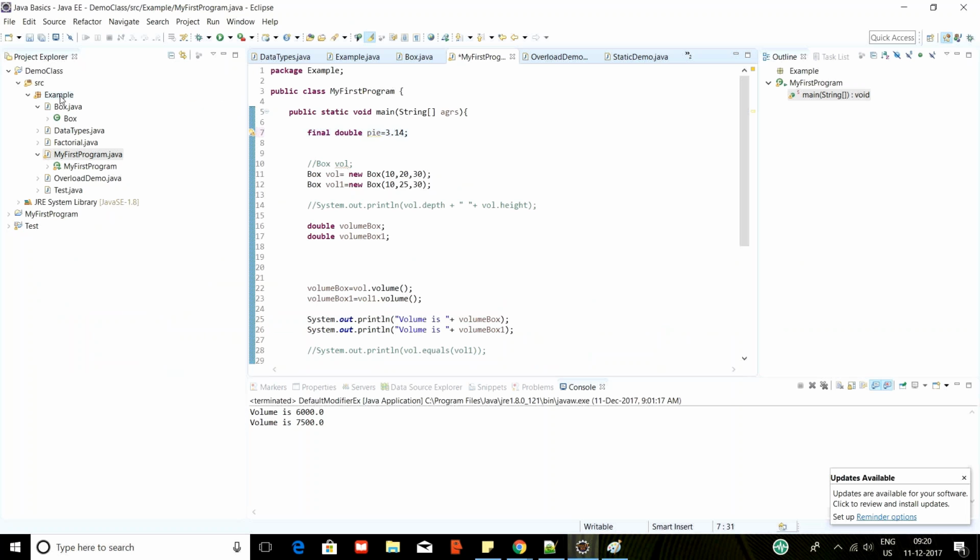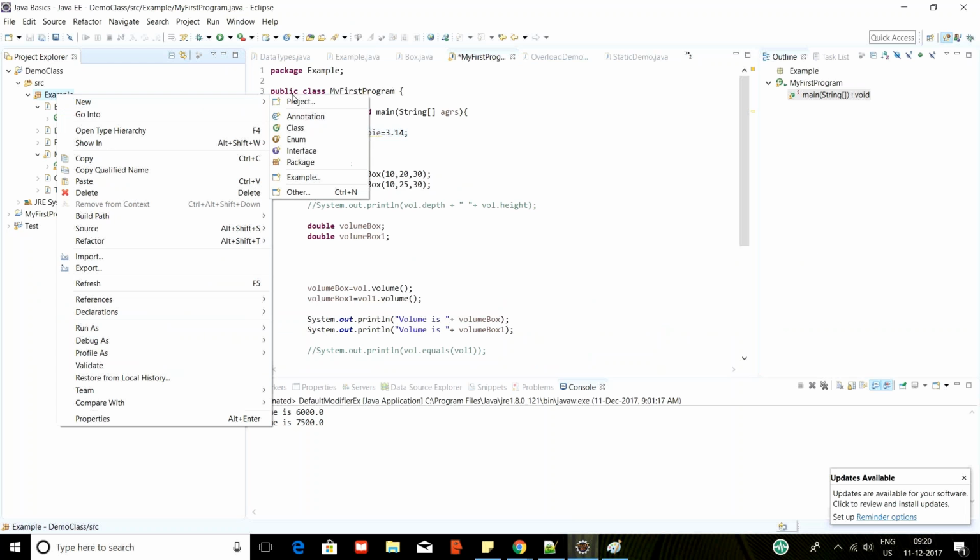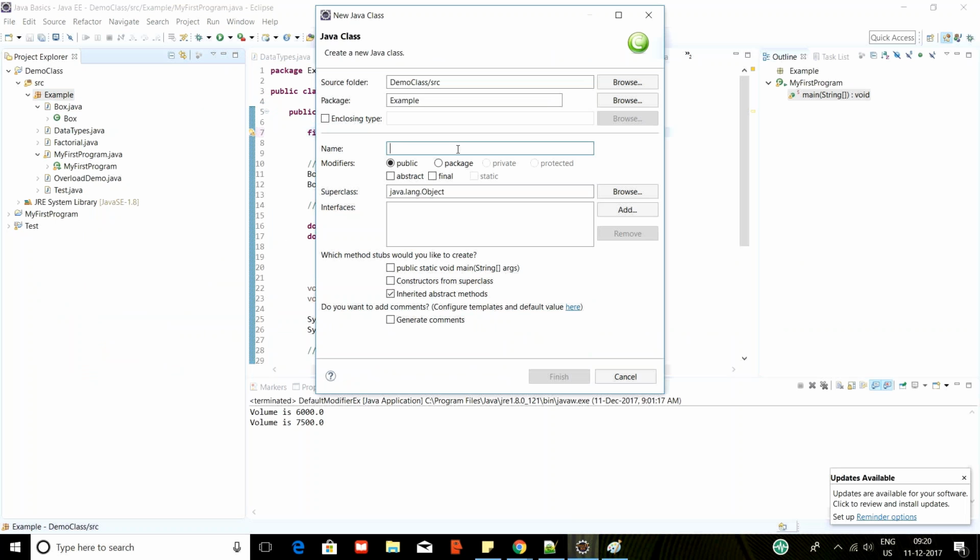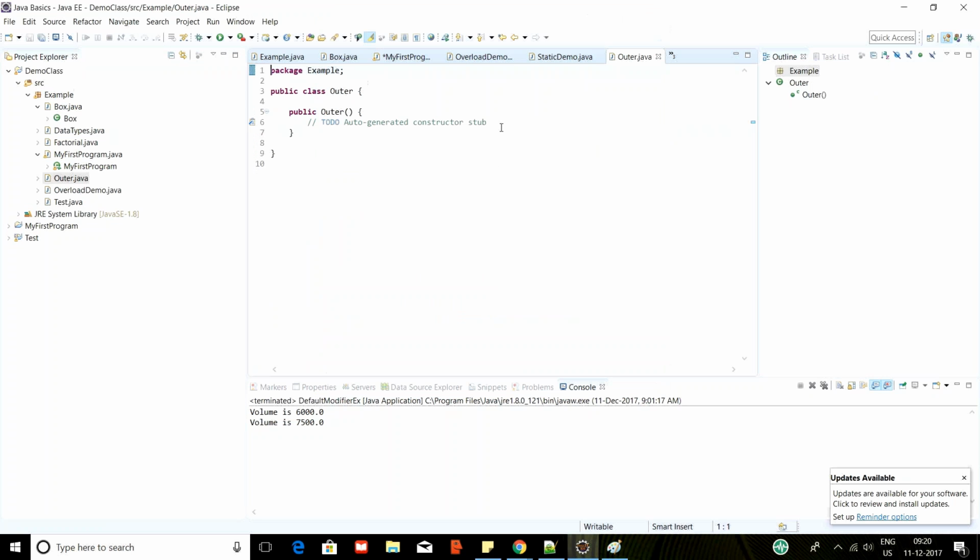I'm creating a class called Outer and Inner. Outer. int outer_x = 100; test